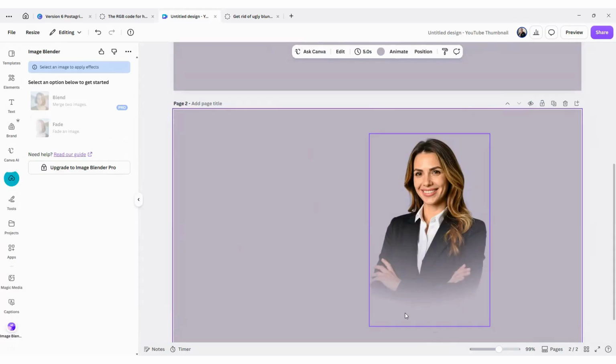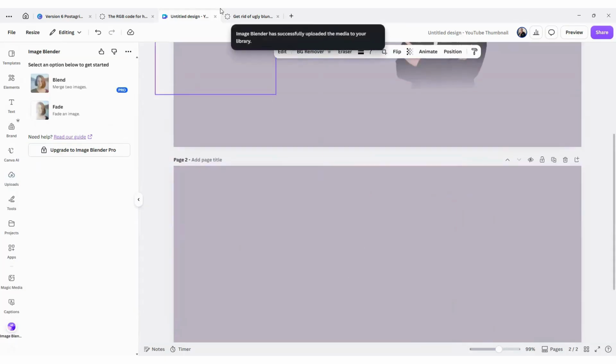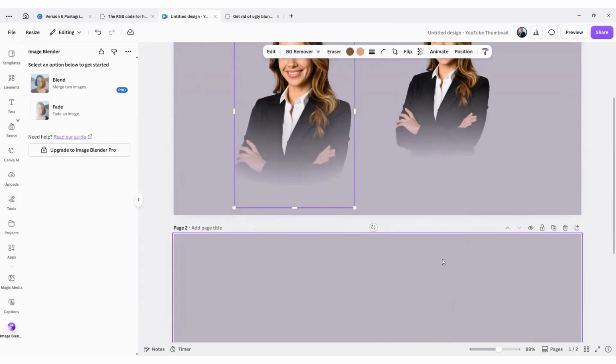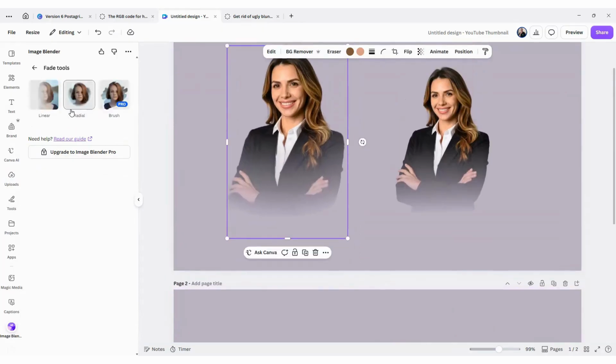And you'll see there that it is a much softer line. Let's put them side by side. The radial option is much softer than the linear option.